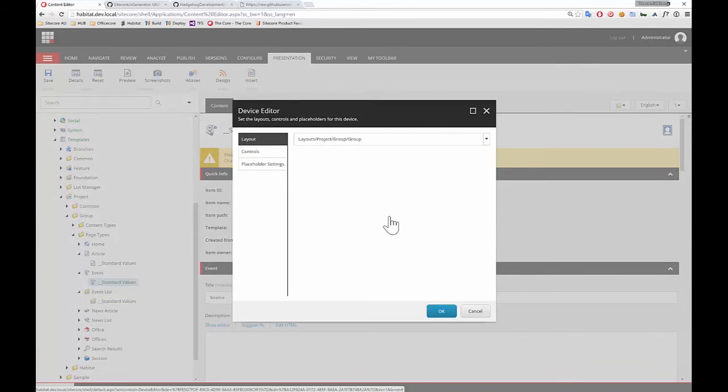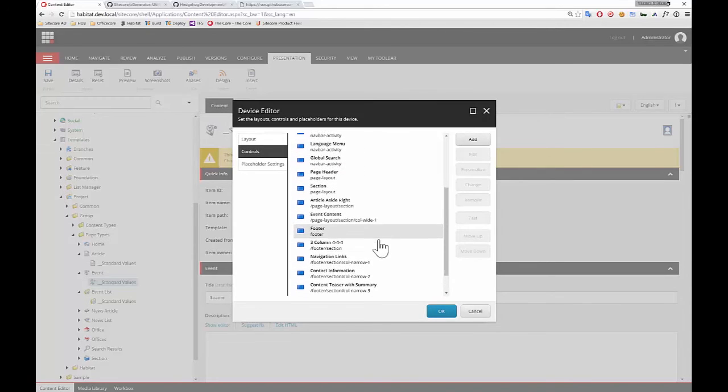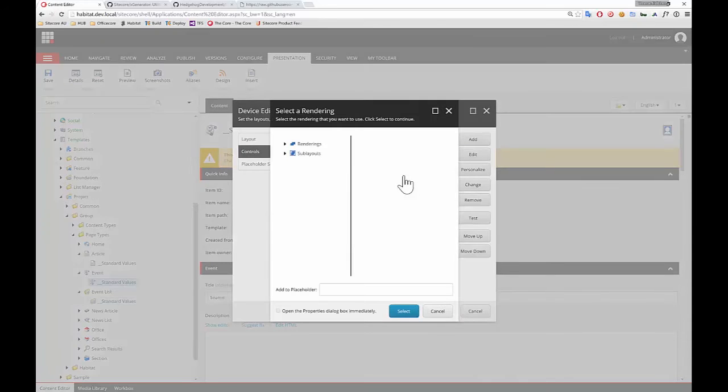Now we wanted to show the venue as well, so the venue is in the right hand column. Actually, it's in the left hand column, but no, contact information is there. No, that's the footer. Sorry. Oh, yeah, it's an article aside, right? So the layout of Habitat has different sub layouts. This one has a right aside on the right hand side, and we can add stuff to that. So we'll add the rendering here from the feature layer, from the events, venue,